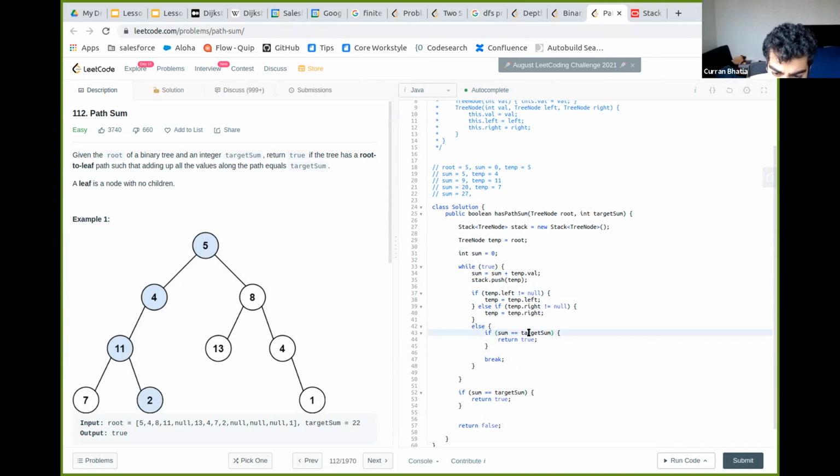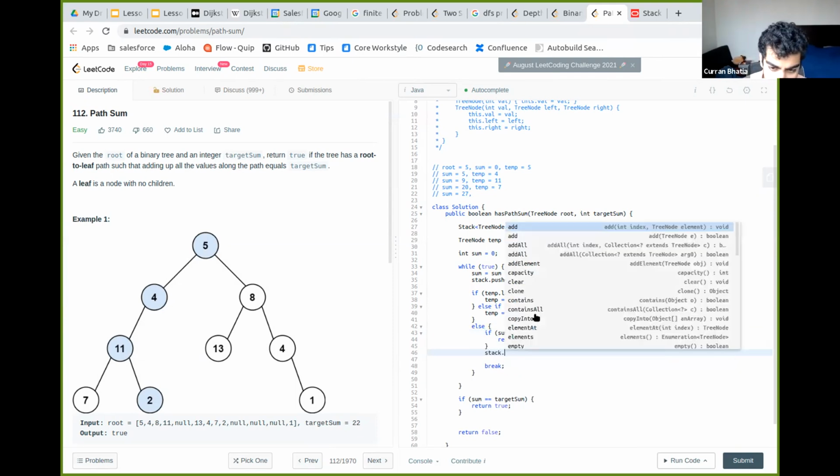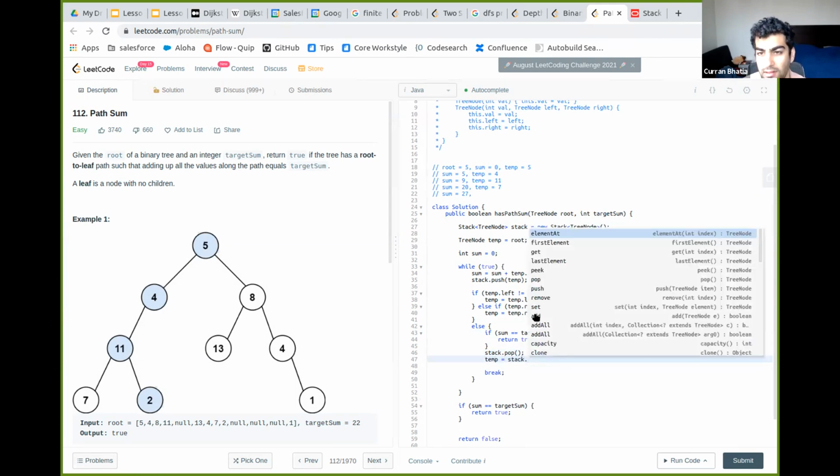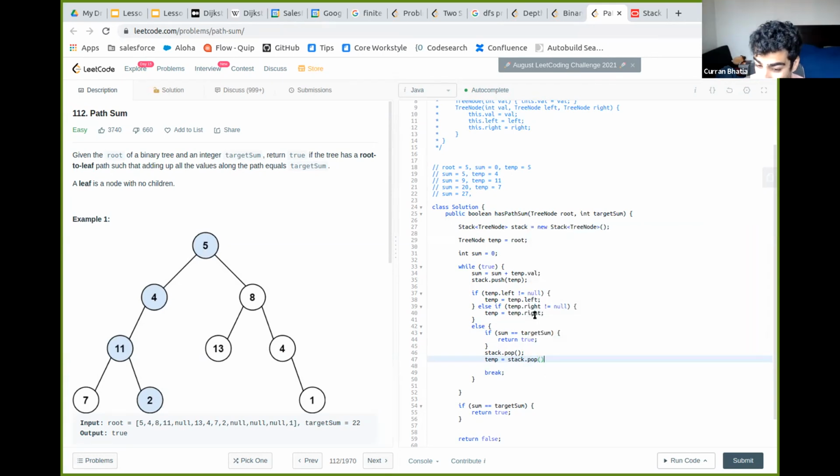And if the sum does not equal the target, then what we need to do is go into the stack and pop one. And then we need to make the temp equal to the stack dot pop again, or the current one.